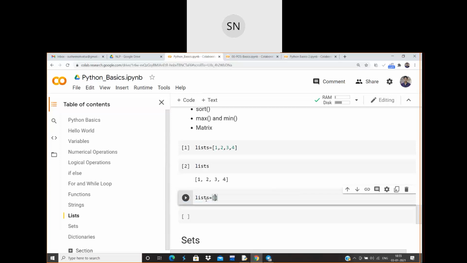Lists is equal to 1 comma. Here, is lists a keyword or a variable? It's a keyword, but it's not a keyword also, Shivraj. We call it by the name of list. As in the case of arrays we call it array itself, in Python we call it lists. Okay, let me write a string value also. Shivraj, okay, fine. Shivraj is there, Vishrut is there.